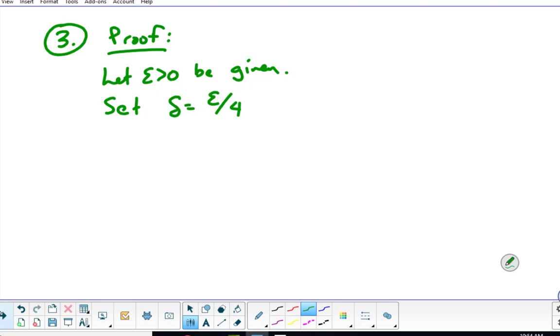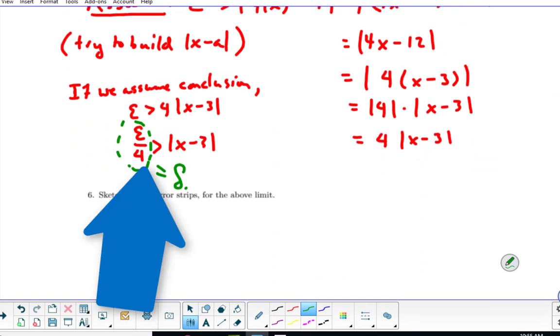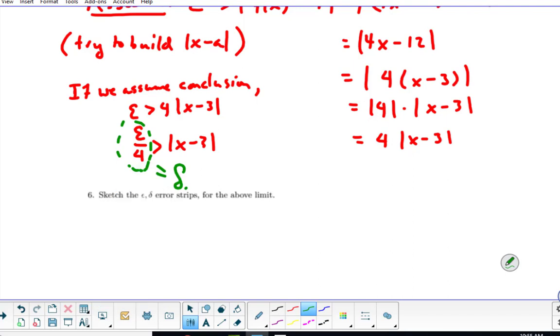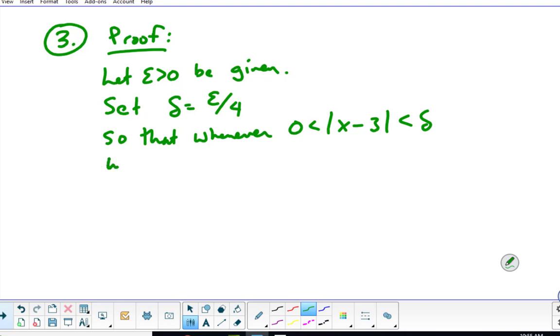Where did that epsilon over 4 come from? It came from our scratch work when we assumed the conclusion. Right there. So we set delta equal to epsilon over 4, so that whenever 0 is less than the absolute value of x minus 3, which is less than delta, we have,